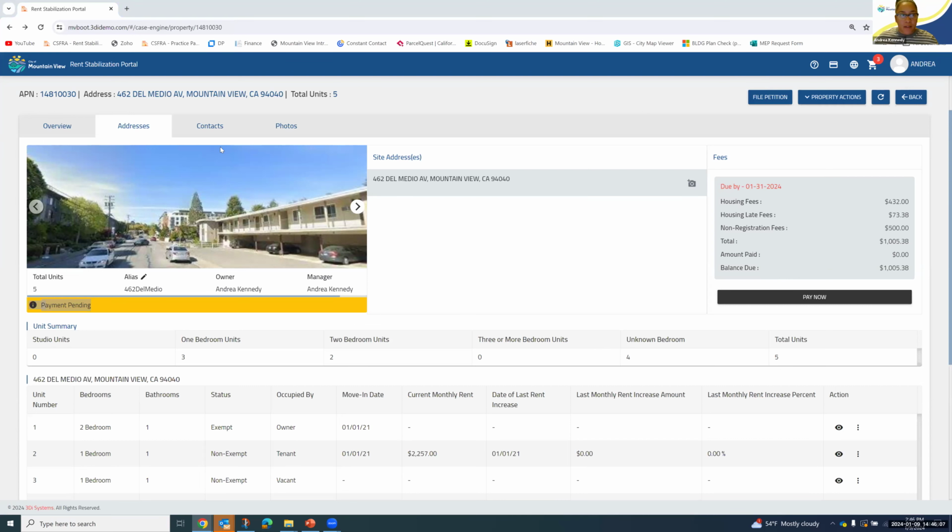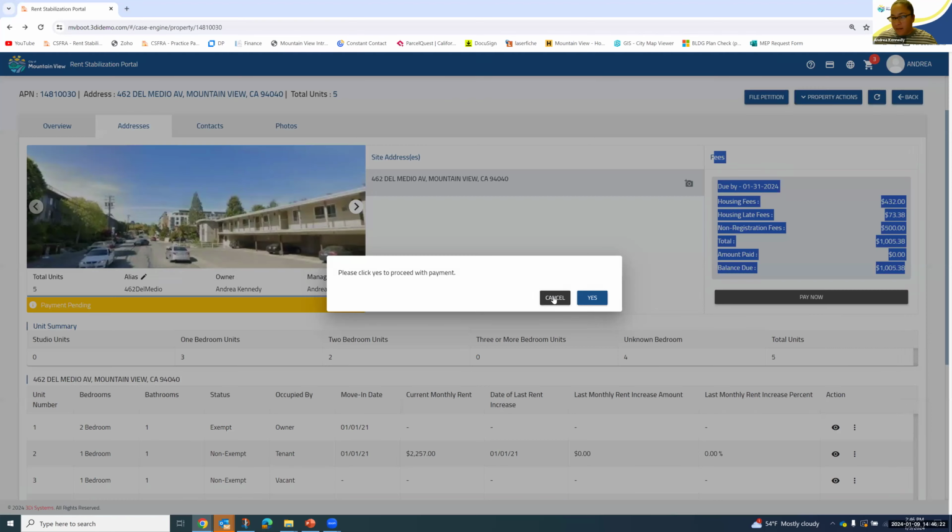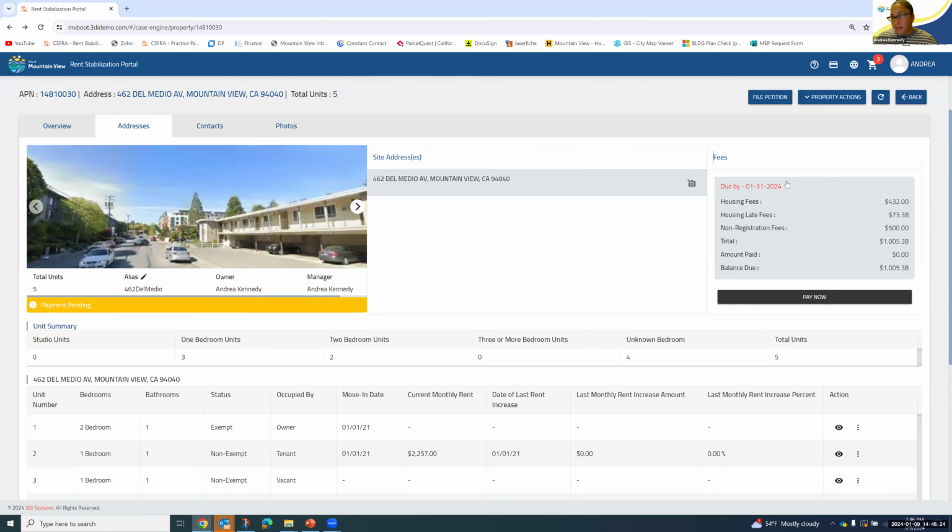For the rest of us, once we submit our registration, it will bring us right back out here. We're in payment pending, and now our fees will be updated. And there won't be any late fees right now.